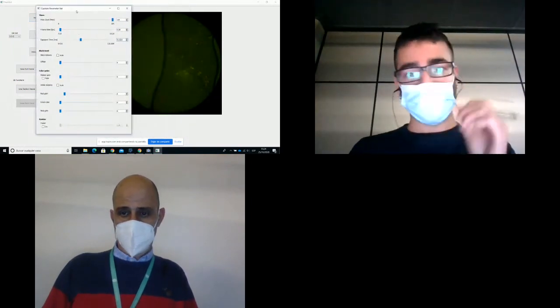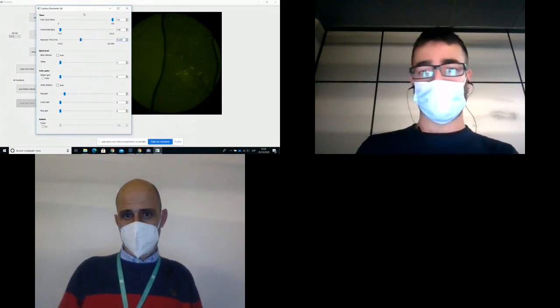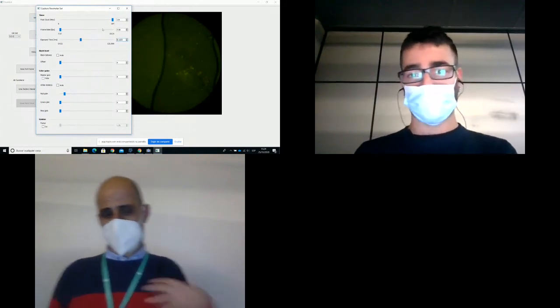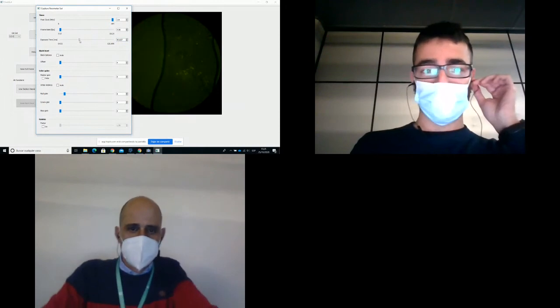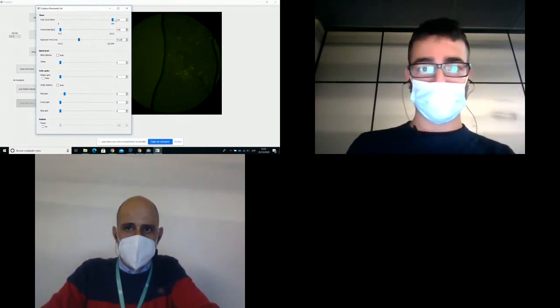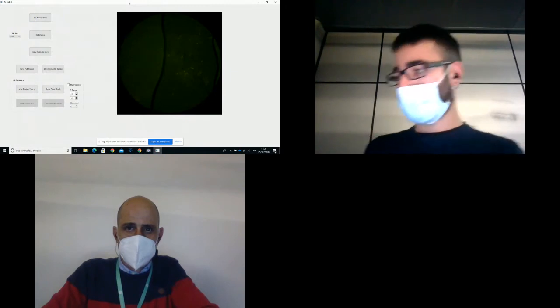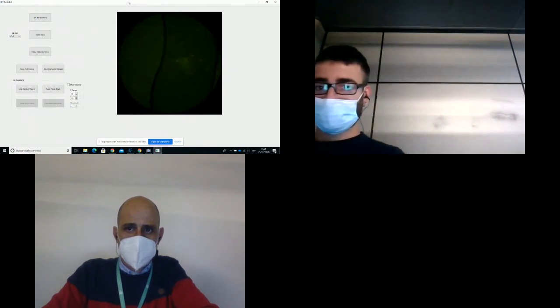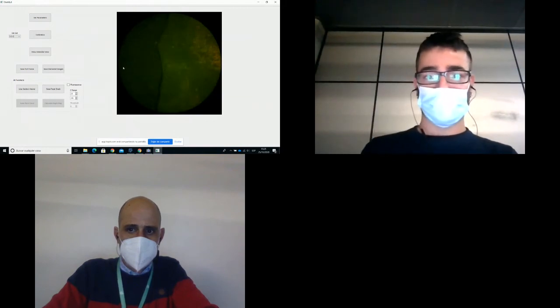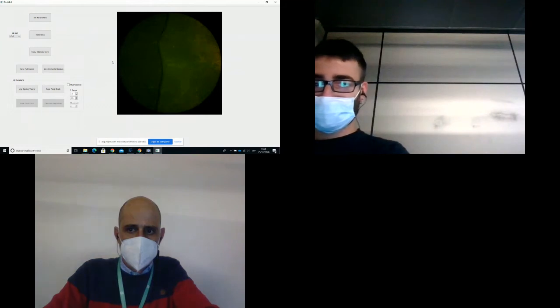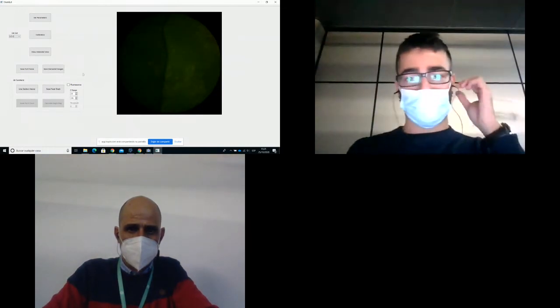Now with this sample, the problem we have is that with this microscope we are not able to illuminate with the right wavelength, so there is much background, because we have to increase the exposure time. This sample is fat tissue. I think I didn't mention it before. And basically what you can do with